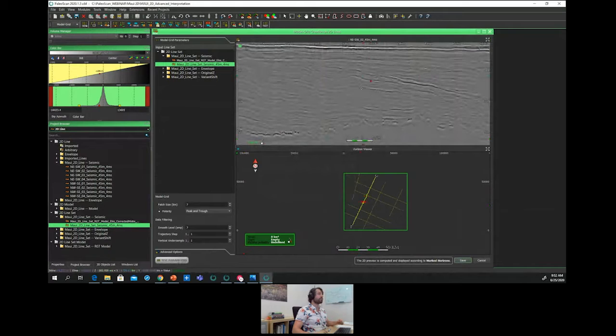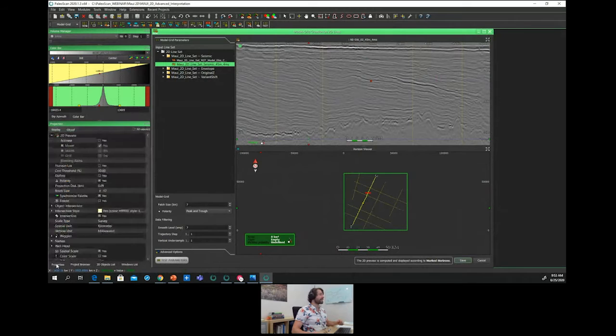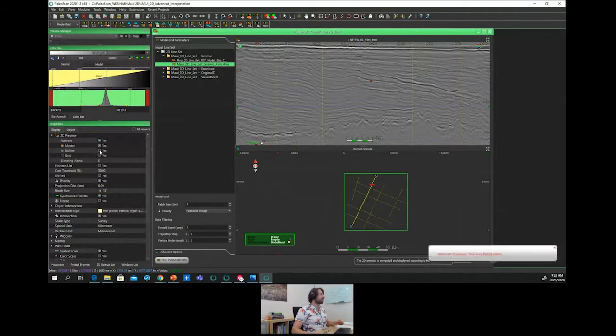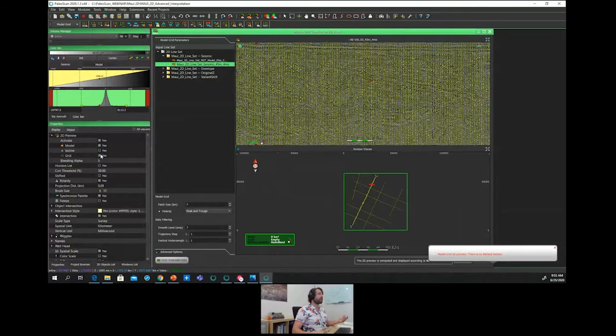To do so, I just have to put my cross-navigation cursor somewhere within the line, and then test parameters. I can go to the properties of this viewer, activate the 2D preview, and ask PaloScan to display the grid.